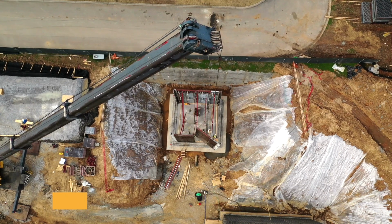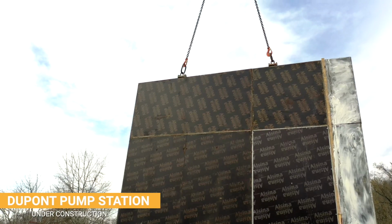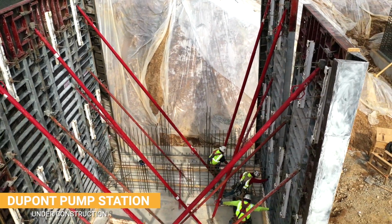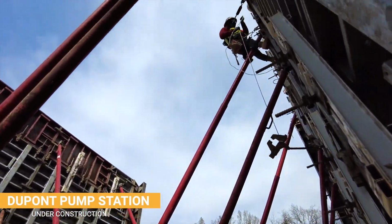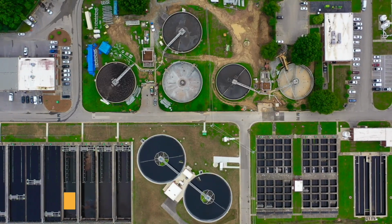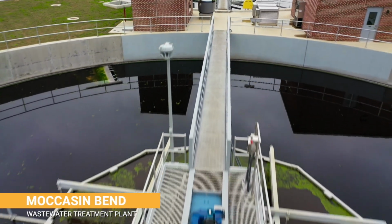One pump station we're putting in now is called the DuPont pump station. And it's a large pump station. These are all very expensive projects that we're doing. The DuPont pump station will help to ensure that stormwater events, instead of overflowing into the environment, will be pumped to the wastewater plant. The Clear Chattanooga program here at Moccasin Bend Wastewater Plant consists of many upgrades to our